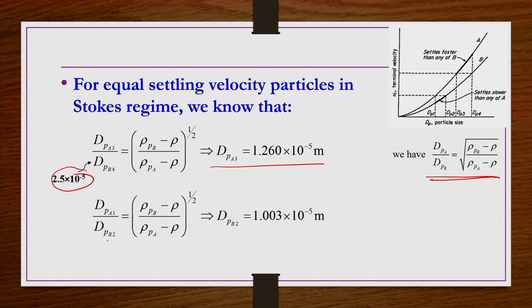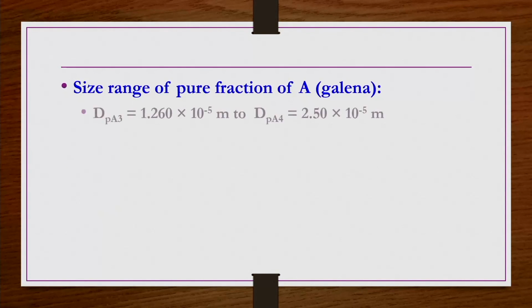Similarly, dPa1 by dPb2 is equal to the square root of (rho_pb minus rho) by (rho_pa minus rho). Here again dPb1 is known, this is 5.21 into 10 power minus 6. So dPb2 you can find out. So now what we have, pure fractions of A: dPa3, that is 1.26 into 10 power minus 5 meters, to dPa4, that is 2.5 into 10 power minus